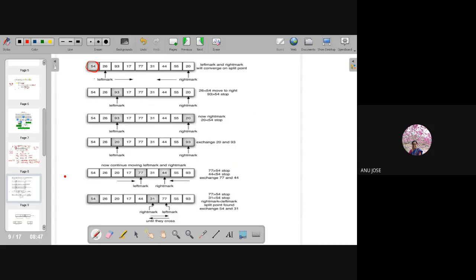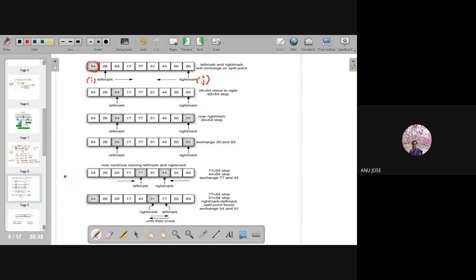Left mark indicates my variable i and right mark indicates my variable j. I am saying i and j because the code is written with i and j instead of left mark and right mark. So that's why I am explaining it like that. Let's see what is happening.